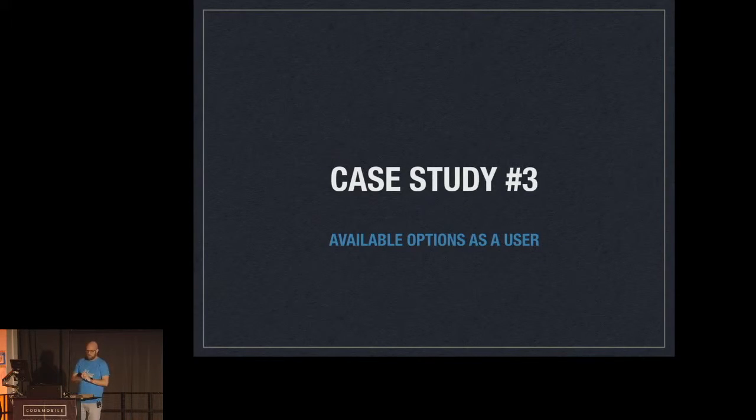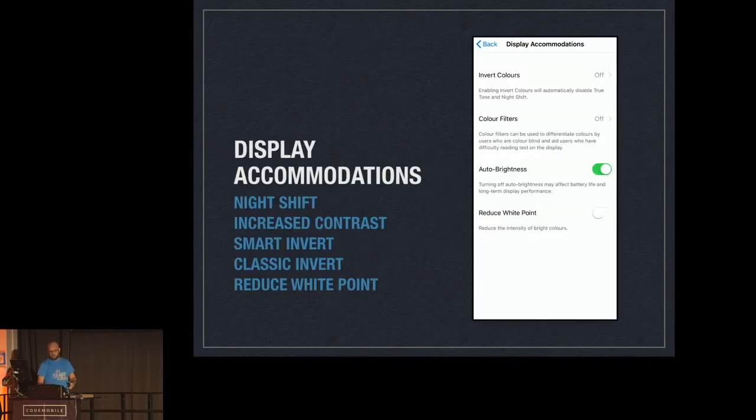So, as a user now, not as an app developer, as a mobile phone user, iOS or Android, though obviously it's predominantly iOS-based talk, what options do we have available? Going back to the accessibility options we saw before, there's a few there, and there's a lot more than this, but I picked out the ones that I thought were more relevant to the topic. There's night shift, which we all remember from iOS 9.3, increased contrast, smart and classic invert, and also reduced white point. So I thought, okay, I'm going to run these same tests with her, no distractions, using the app with each one of these features turned on, and just see how it went.